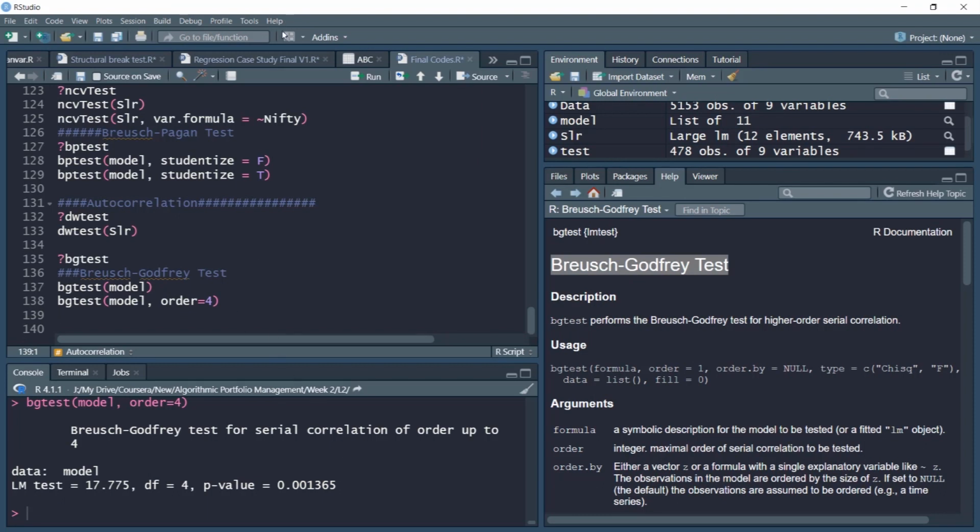To summarize, in this video, we conducted the Durbin-Watson test and BG test of autocorrelation. It seems with the DW test and the first lag Breusch-Godfrey test, we are not able to find any serial correlation, but when we examine the higher order lags with the BG test, we find some evidence of serial autocorrelation. In practical situations, to account for such serial autocorrelation, one can add lags of returns such as ABC stock returns or maybe market Nifty returns lags to see if the serial autocorrelation issue is resolved.